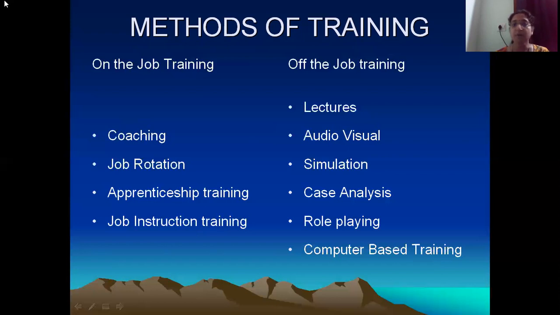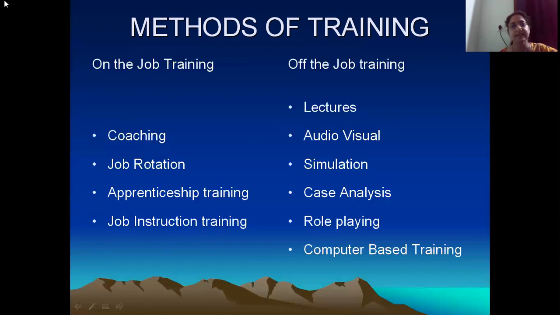And what are the job profiles for which apprenticeship training can be done? Normally apprenticeship training can be done for, okay, a little higher level job profiles, if I have to say. Let's take an example of medical practitioners. Whenever you go to a hospital, you will notice some senior doctors and you will also notice some junior doctors along with them. You notice those junior doctors continuously taking notes as the senior doctors are diagnosing problems and giving explanations. So here we see a case of on-the-job apprenticeship training.